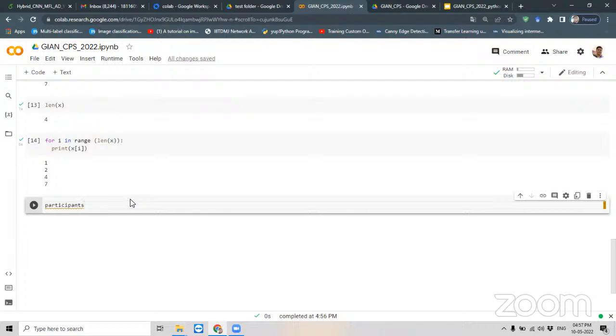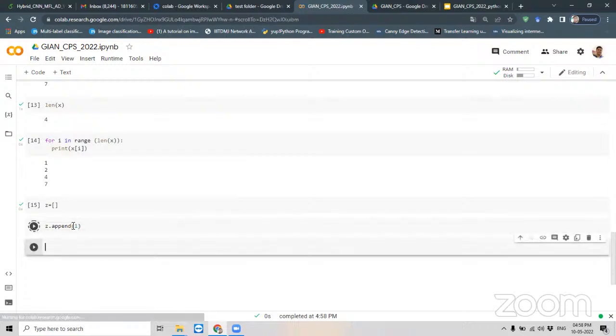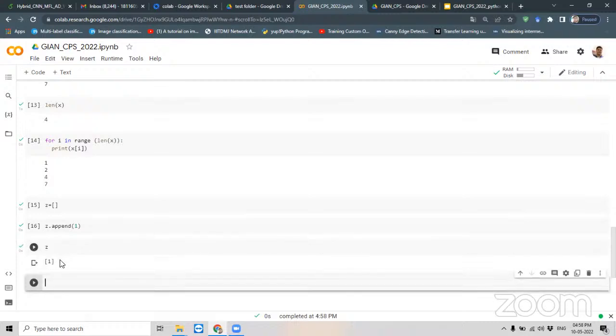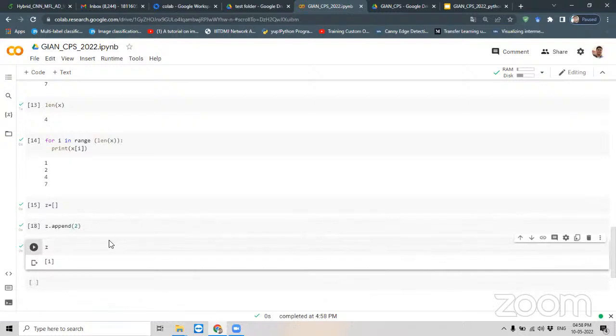If you want to declare an empty list, you can name the list like Z. Z is a list and it is an empty list, Z equals empty brackets. Z is a list which is empty. You can add an element to this list like z.append 1. Let us see if it works or not. Yeah, so now z has length 1. It is having value 1. Now I am writing z.append 2. So what will happen? Z will have two elements,